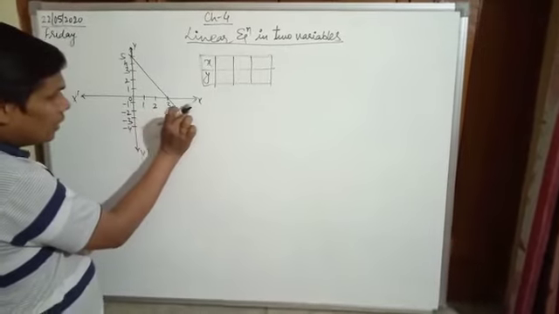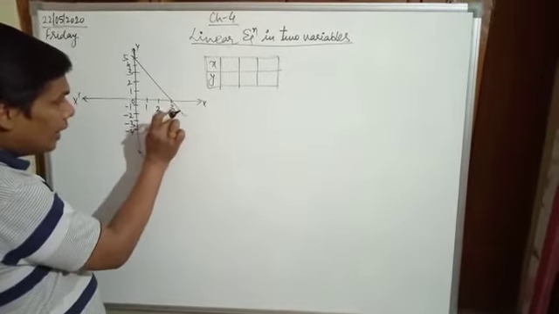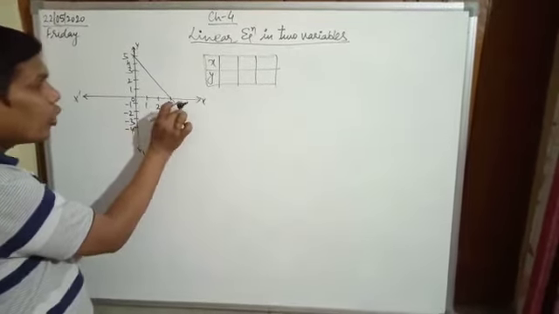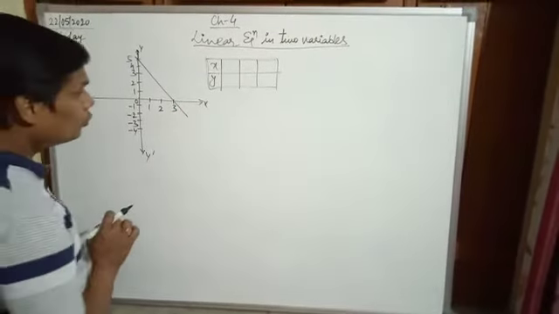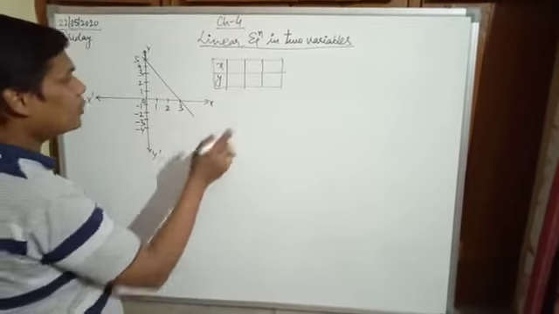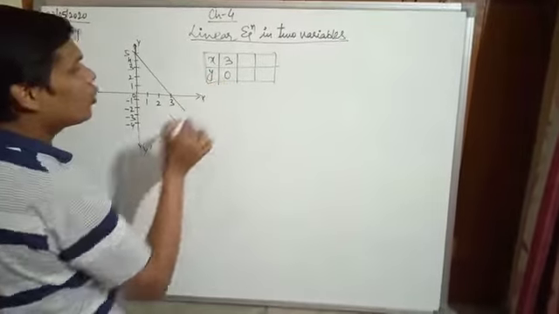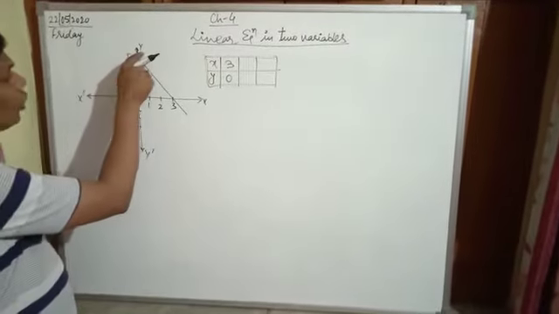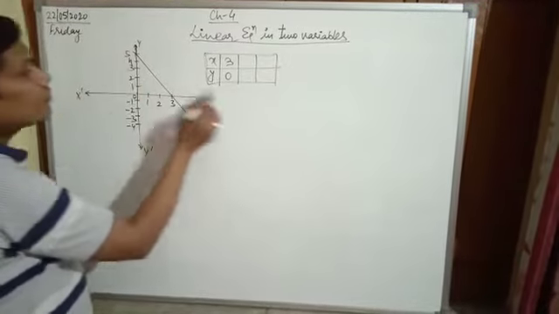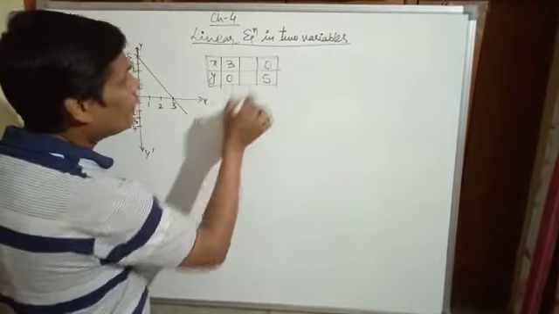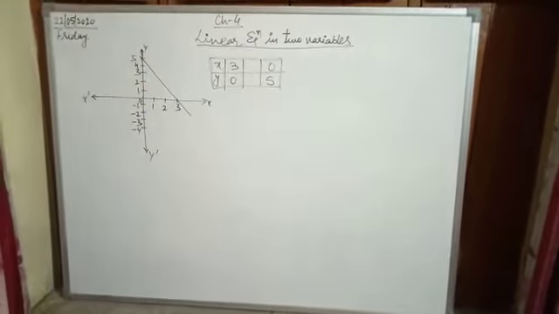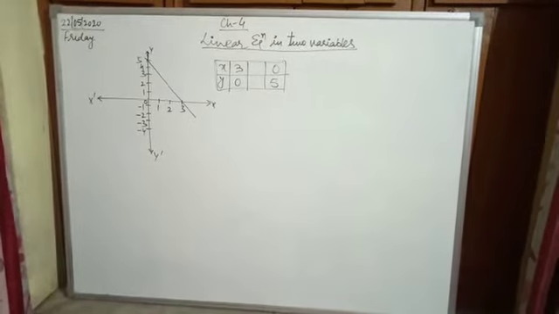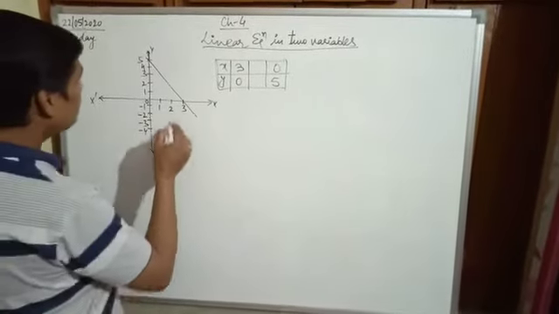Firstly, if the coordinate at x is equal to 3, then the coordinate will be 0. On the x-axis, y will always be 0. This first coordinate is 3, 0. Secondly, on the y-axis, the coordinate is 5, then the coordinate of x will be 0. These two coordinates we have learned.